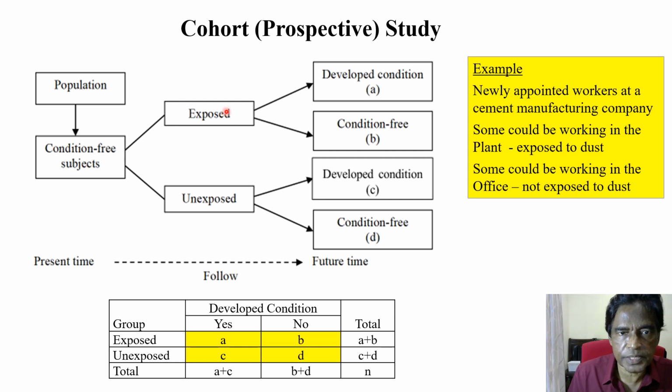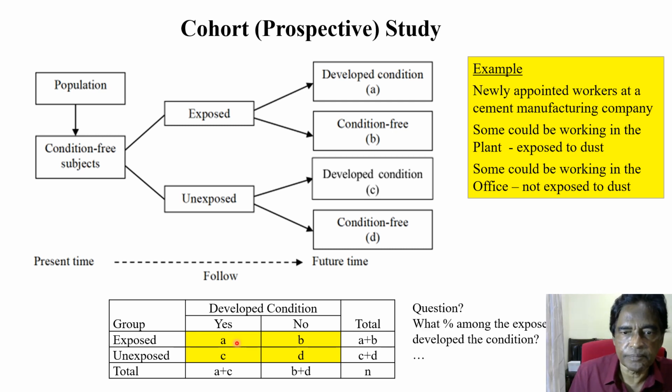Also the same situation, this person develops some lung problems, this one did not. Same thing for C: unexposed but develops a similar condition for whatever reason. D is unexposed and did not have a condition. So data is captured in terms of numbers. So what do you want to know? The question: what percentage of the exposed